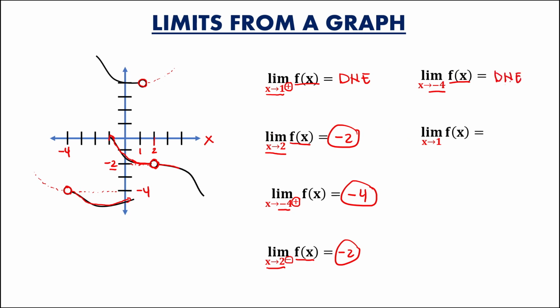And for the limit of a function as x approaches positive 1, this is positive 1 and this coordinate. Observe that for this limit there is no positive or negative sign, so there must be a right side limit and a left side limit. Since at this coordinate there is no left side limit, this limit does not exist.